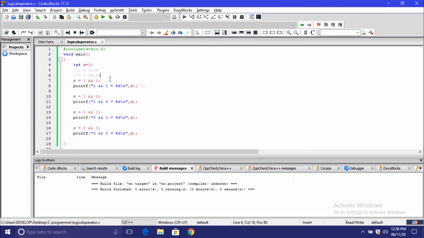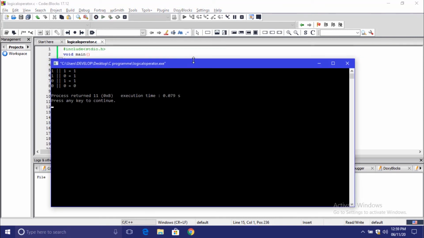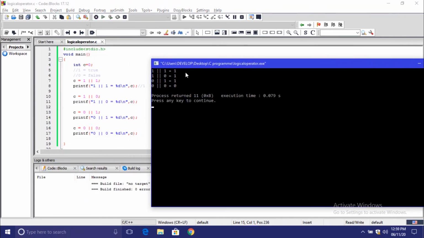Now, if I change the operator AND to OR for the same conditions and then again compile and run the program, let me do that. Here C equal to 1 OR 1 will return true because both the conditions are true.